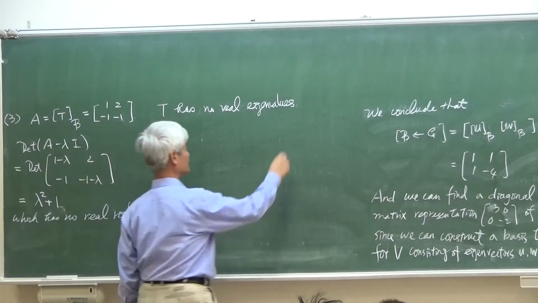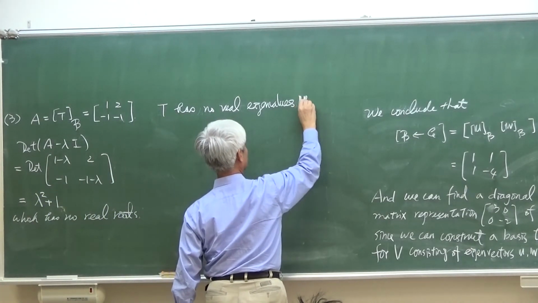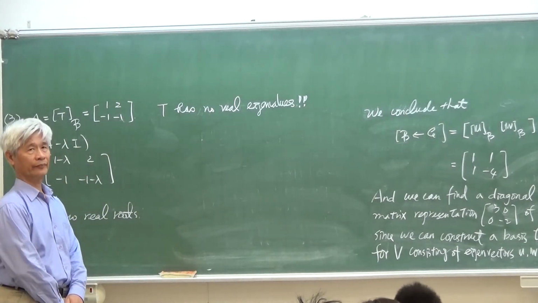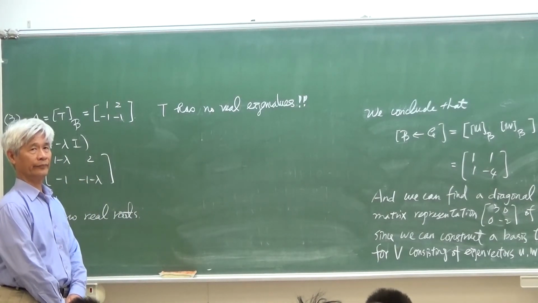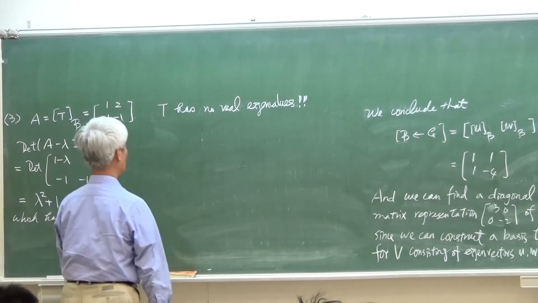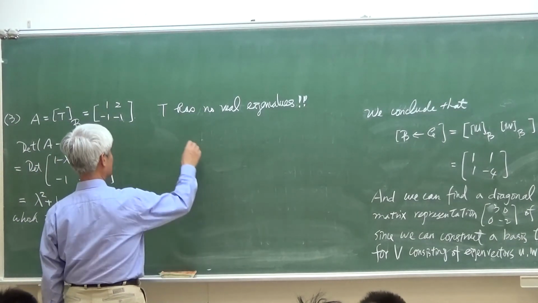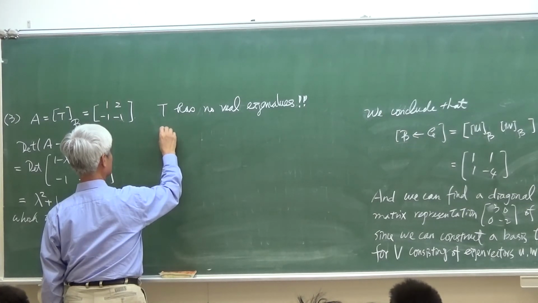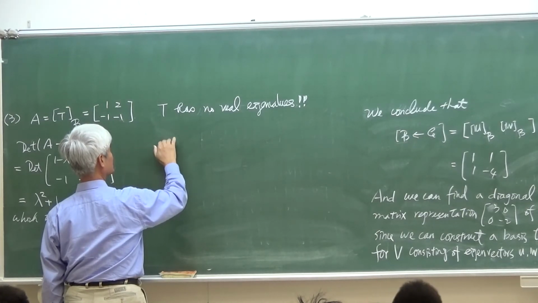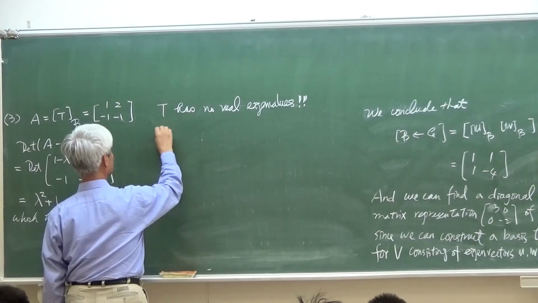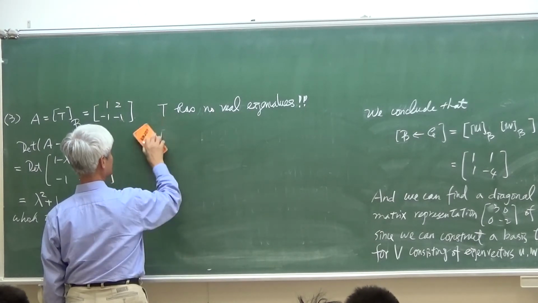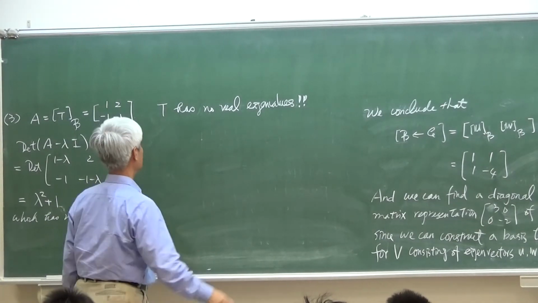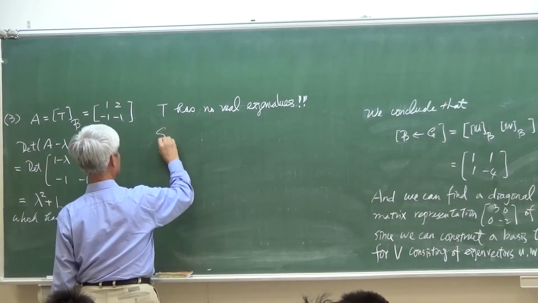No real eigenvalue. So what is the consequence? No eigenvalues. And so T, because there are no real eigenvalues, of course you cannot find